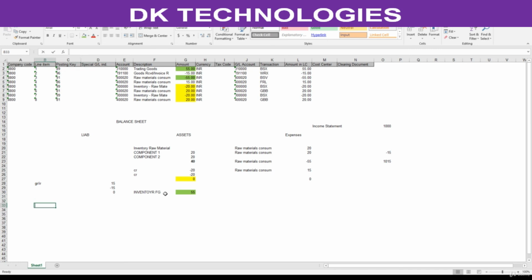Now the vendor account will be minus 15. So when you pay this amount to the vendor, it will become 0. Hope you understand these entries. Simple entries. You need to break this down into the component entry and receiving the final product. Third entry is for GRIR. See this GRIR. So technically there won't be an impact on the income statement. So your profit will be 1000. If you don't nullify this impact on the income statement, you are not going to get an accurate profit figure.